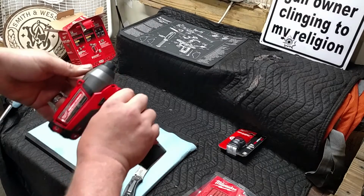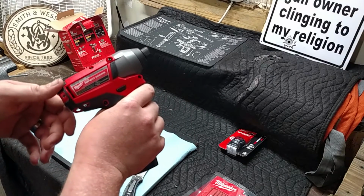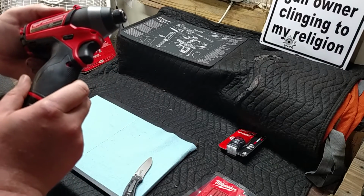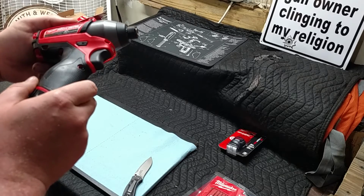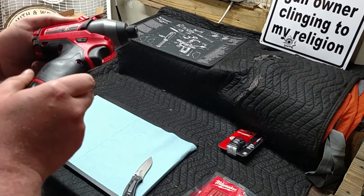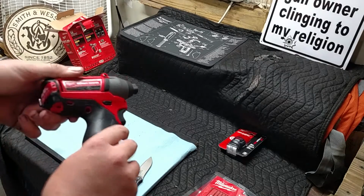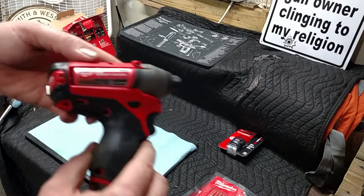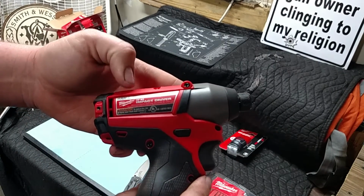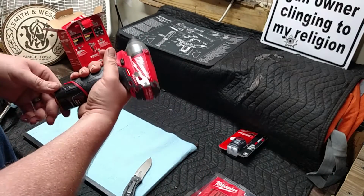So it seems very nice, good quality for something that's not really made in the US. This is actually, well, I don't know. Professionally made in China by Milwaukee. Yeah, it's not made in the US. It's got US on there. They're trying to get you. They're trying to trick you. It says professionally made in China. I don't know how that works, but